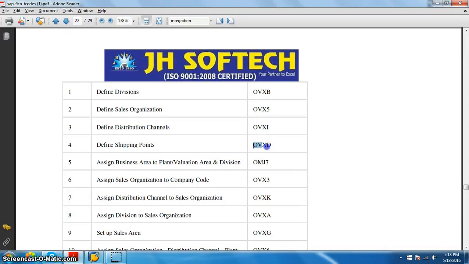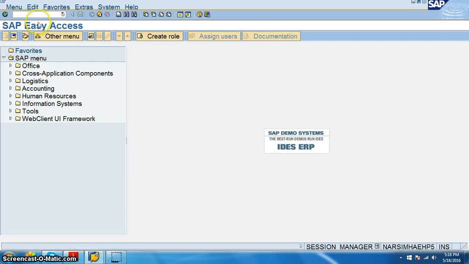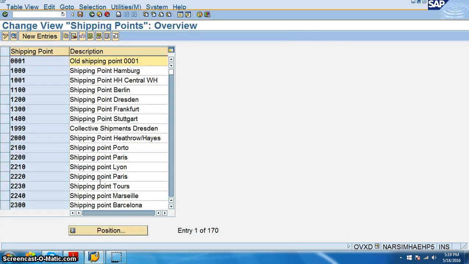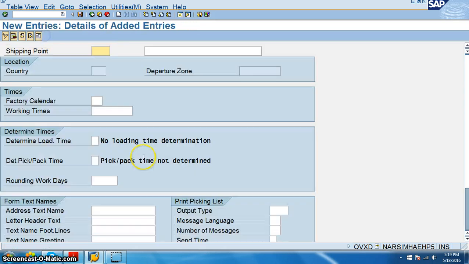and then we have OVXD, define shipping points. So we can have multiple shipping points. I'm creating one shipping point.